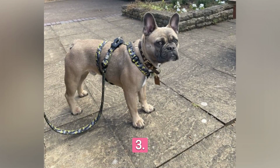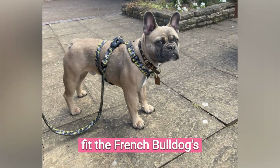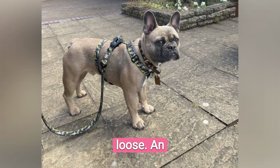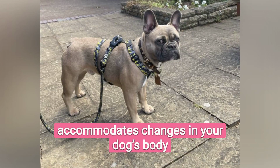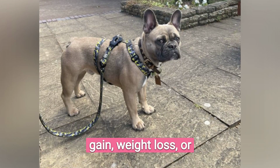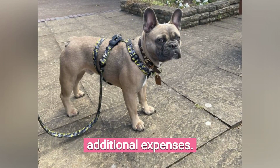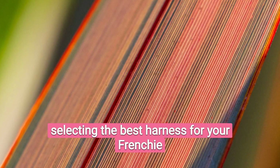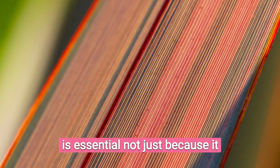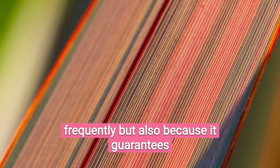3. Adjustability. A harness that cannot be adjusted to fit the French Bulldog's peculiarities can be too tight or loose. An adjustable harness accommodates changes in your dog's body size or shape due to weight gain, weight loss, or growth, meaning you won't incur additional expenses. 4. Durability. Prioritizing durability when selecting the best harness for your Frenchie is essential, not just because it saves you money in the long run as you won't need to replace it frequently, but also because it guarantees your dog's